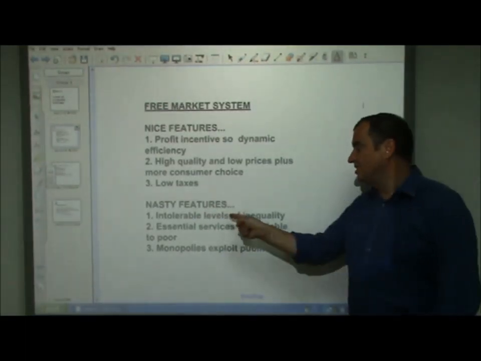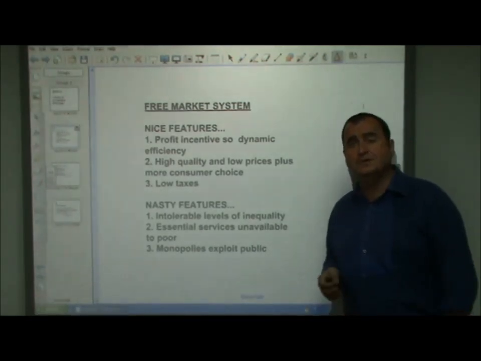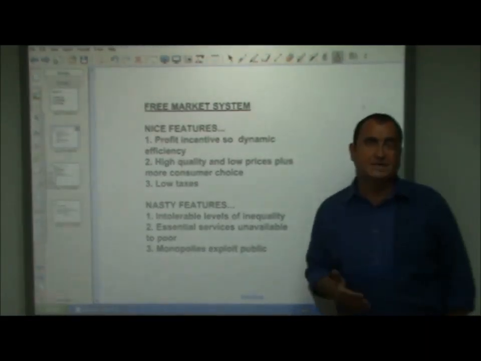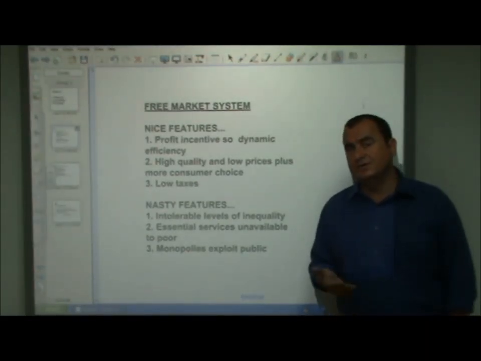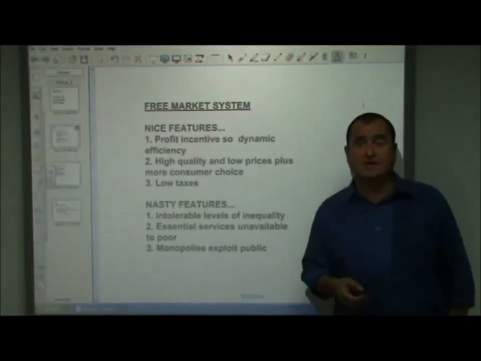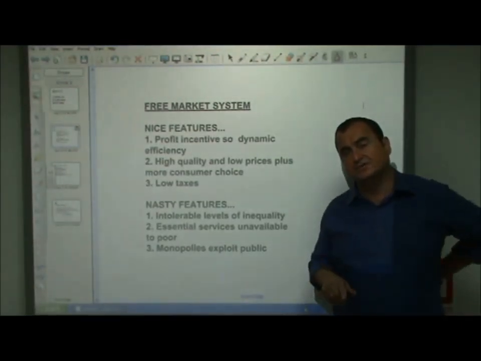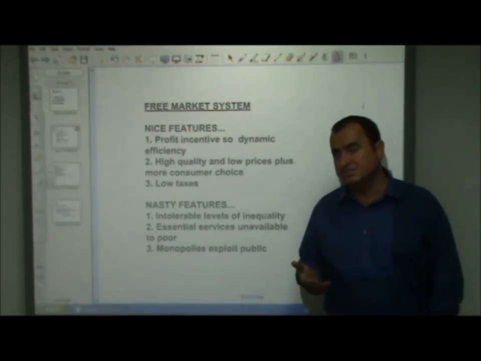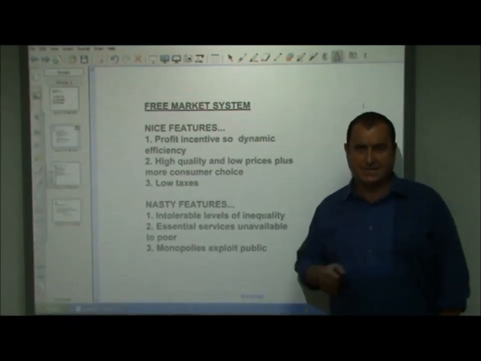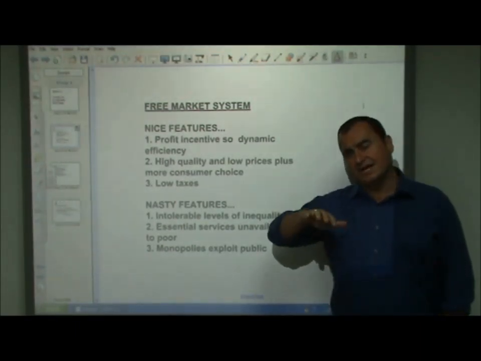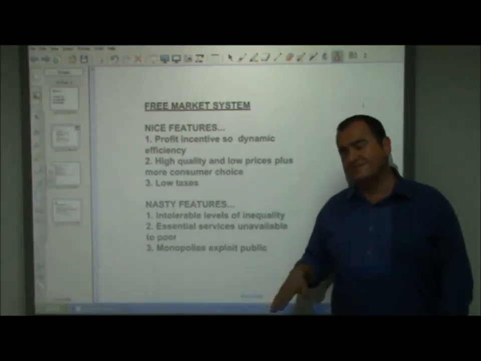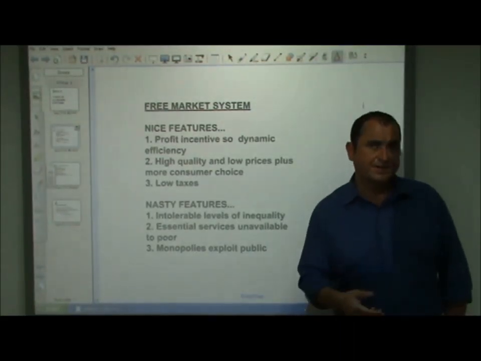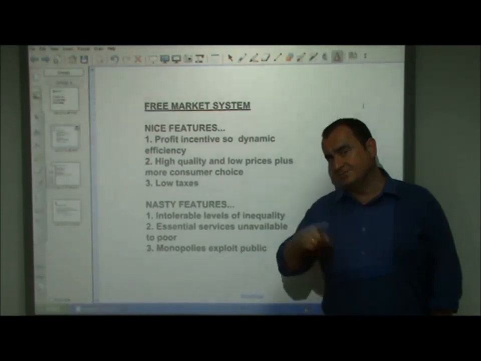However, there would be intolerable levels of inequality because there'd be no provision for or social safety net for those who are most vulnerable in society, those with the lowest skills or no skills. And the inequality would be even greater during the business cycle. During downturns we would see more unemployment, and during the upturns we'd see greater booms, and so the distance between the output gaps of the boom and the downturn, the trough in the business cycle, would be more extreme, and there would be greater suffering therefore for those caught at the wrong part of that business cycle.